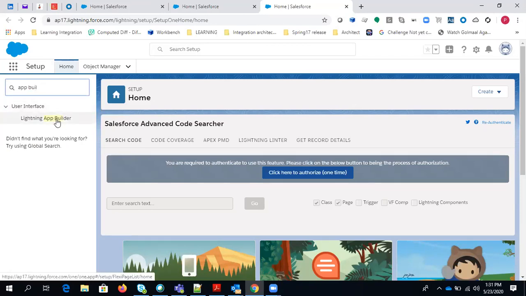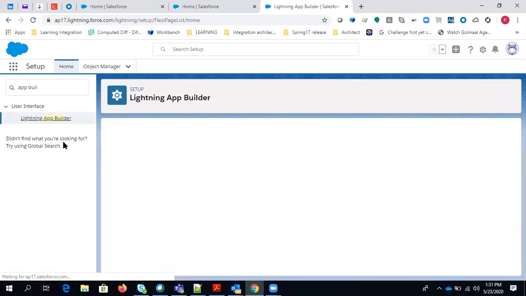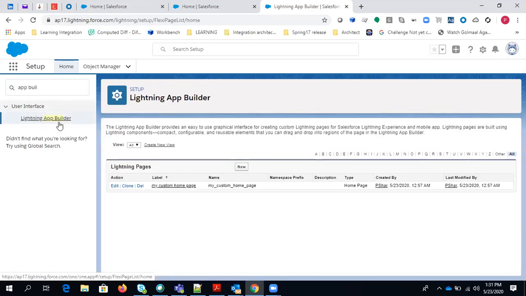Okay. You can simply click on lightning app builder. In the app builder, you will get an option called home page, and you can simply hit new.